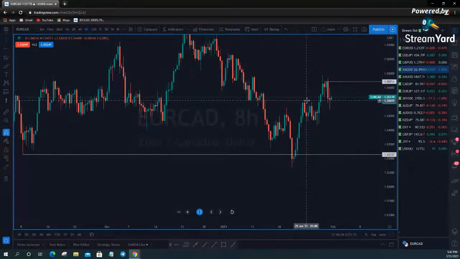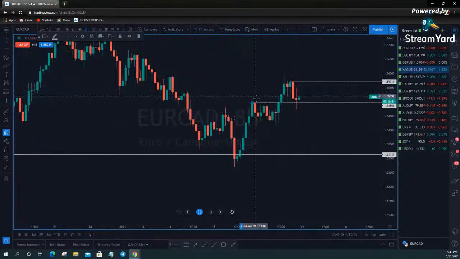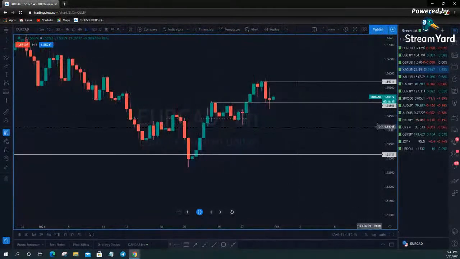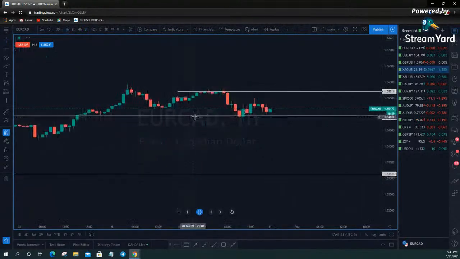It was solid, and then you had your retest, and it found support, and it made a higher high. So currently, you are making higher highs and higher lows. It looks like right now it's trying to find support on this last swing high made right here. That level is 1.54966. So basically, I don't know. Let me look at it on a smaller time frame.